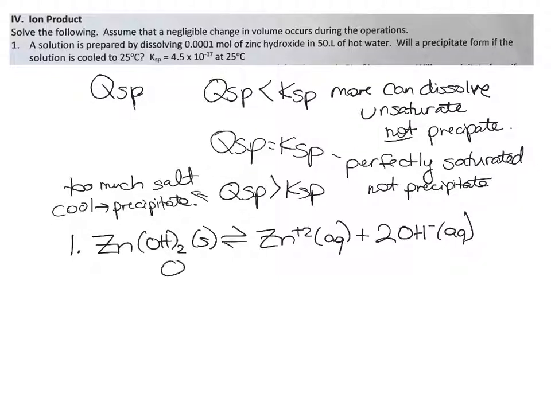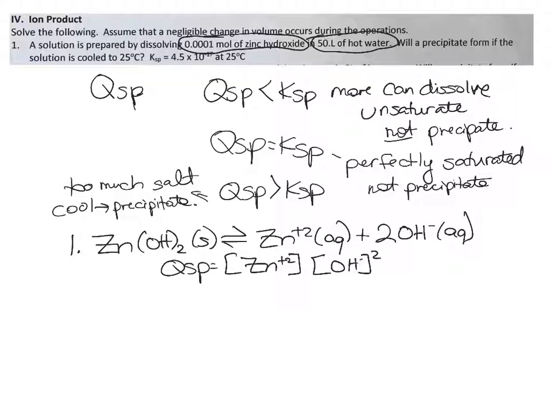So our QSP expression, same thing as KSP, but we don't know if it's at equilibrium, is going to be the concentration of zinc times the concentration of OH minus ions squared. Now to solve for the concentration, we're going to have to look at what's given to us. We know that we start with 0.001 moles of zinc hydroxide in 50 liters of water. So we're going to have to solve for the molarity. So the concentration of zinc ions,